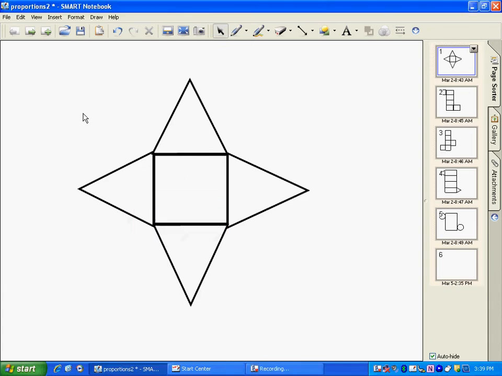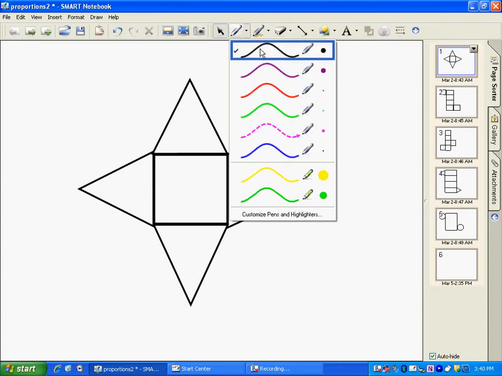Going to talk about how to find surface area. Surface area is the amount of area it takes to cover a three-dimensional object. This here is a net, and a net is a flat version of a three-dimensional object. So this is the net of a pyramid, and I'm going to do my best to draw